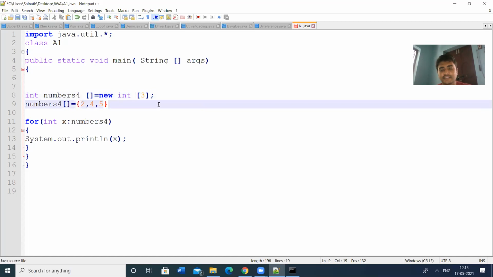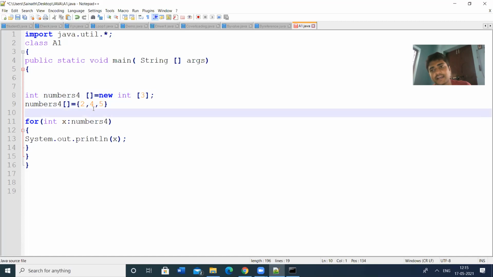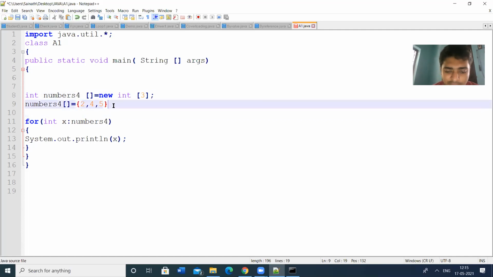So there is a slight difference in creation of arrays, declaration as well as initialization of arrays. We have so many variations. Let us follow a simple one.